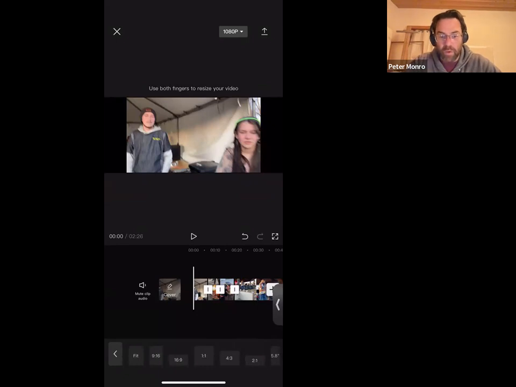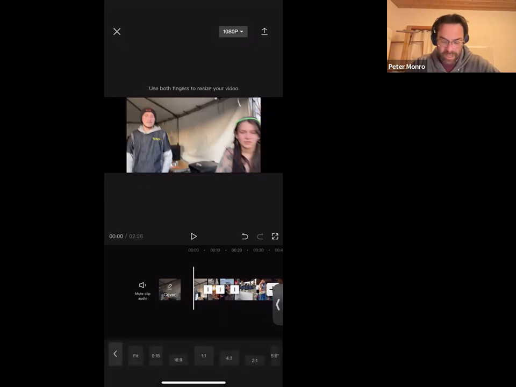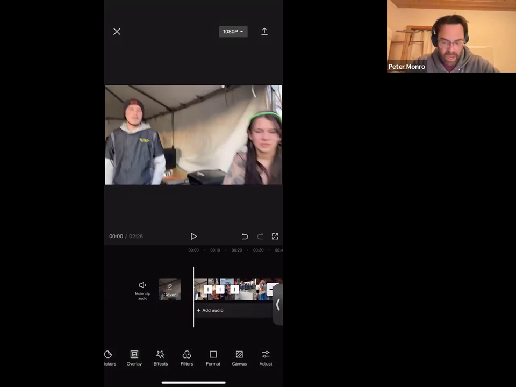But I should point out that the fact that CapCut gives us all of these canvas sizes at the bottom, that's pretty astonishing. I wouldn't think that a mobile video editor would give me the option for 2.35. That's like reserved for pretty serious filmmaking. But anyways,